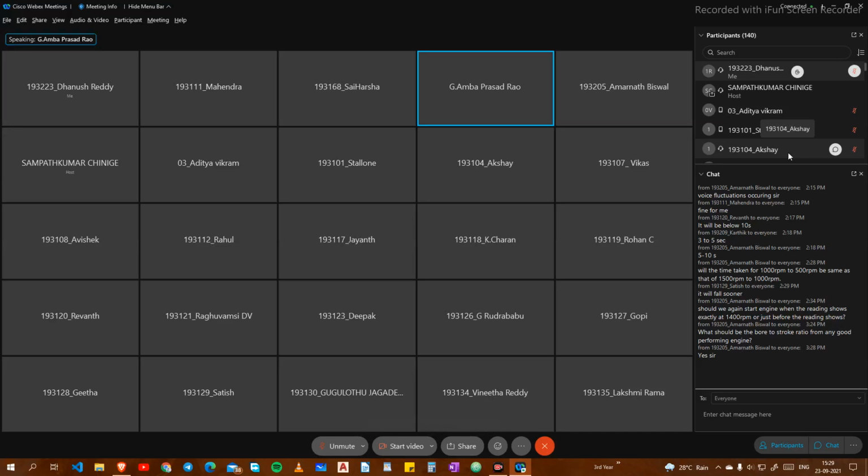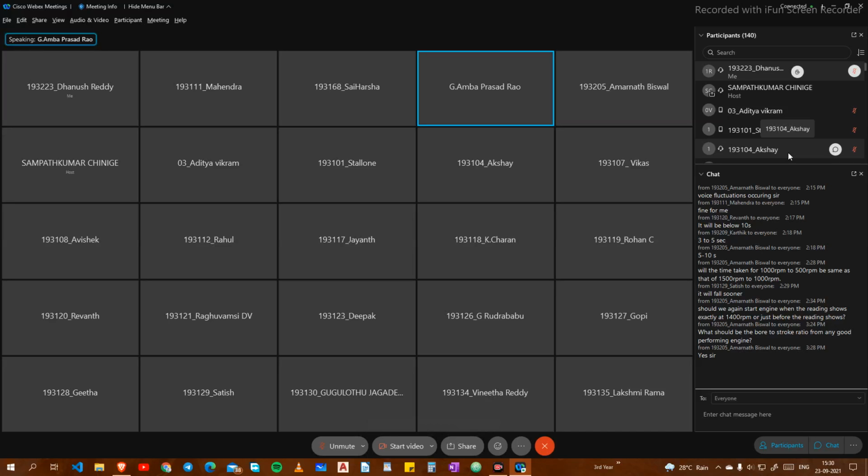So it dictates the type of engine, but there are other parameters which are dominant. We cannot say good performing based only on the bore to stroke ratio. But this yardstick I told you, for SI engine what do we do, for CI engine what do we do. For the Kirloskar engine I gave just now, the stroke length is 110 mm and bore is 80 mm, so bore is smaller than the stroke, so the ratio is less than 1. For diesel engines, it is always preferable to have a longer stroke because you want to induct more charge and also get the fuel penetrated.